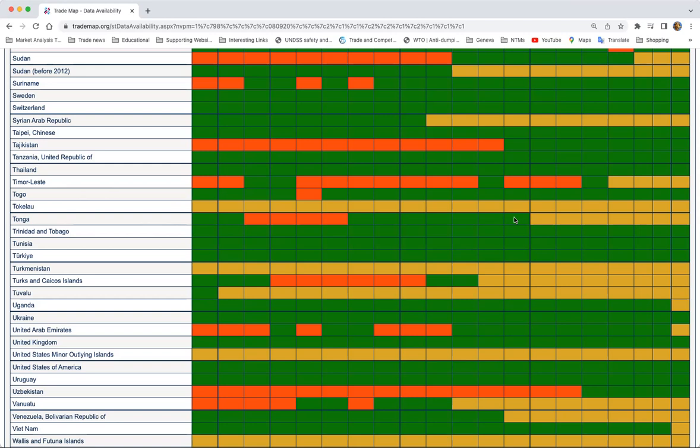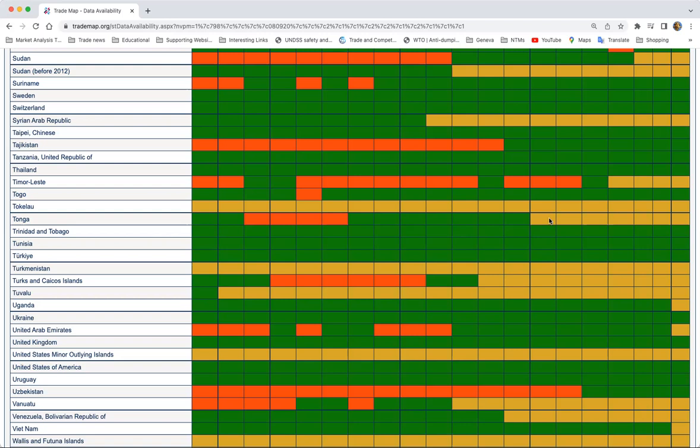So yes, we have been having some difficulties getting the directly reported information from Tonga in the last 7 years, but we have managed to reconstruct this due to the problem. So the yellow colors means that we did report, but